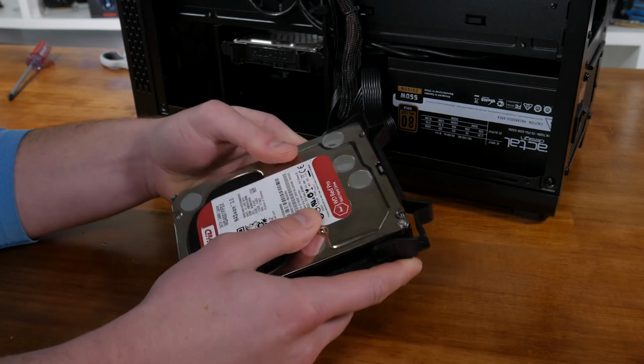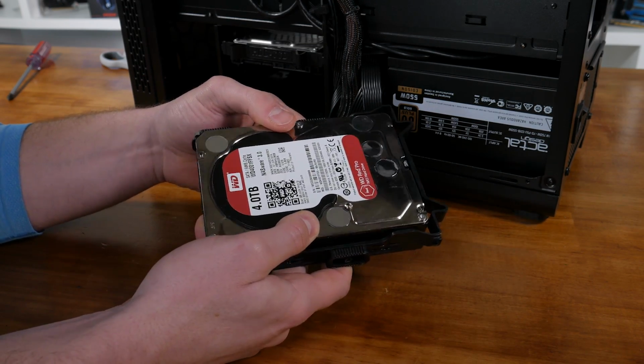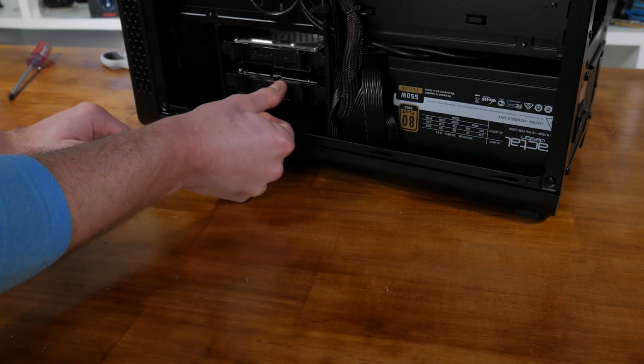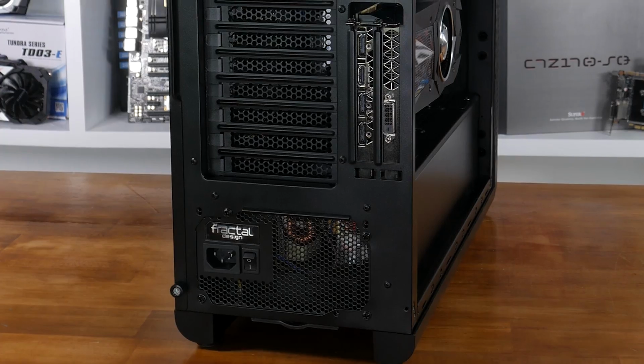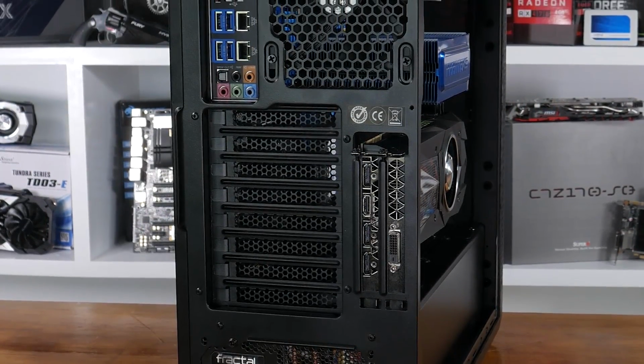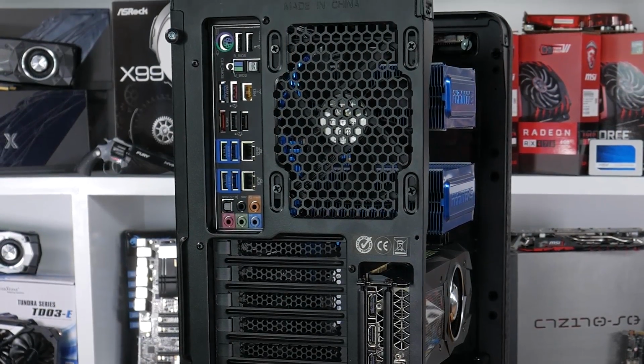Again, this is a budget case, so things like rubber grommets on the cable management holes are missing, and the steel is a bit thinner than you might find in more expensive models. Still, the layout and design is excellent. There's also just a single 120mm fan, which I have to admit is a bit disappointing. Even at this price, I would have liked a second one up front, particularly given the PCIe riser cable isn't